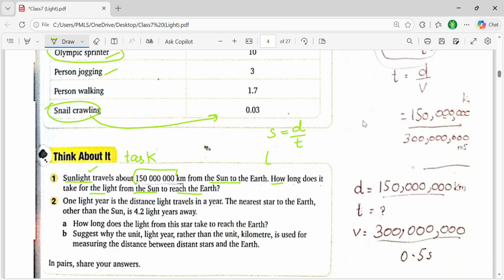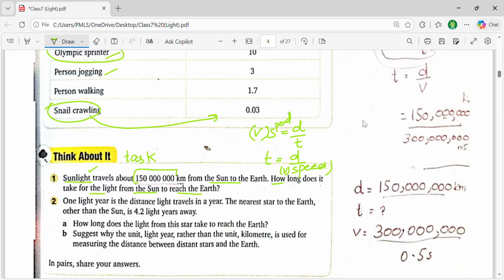If they ask you for the time, you can alter the formula, and distance can be divided by the speed. For that you can use this abbreviation as well, and this is speed. In order to show the speed, we use the small v. When they use this formula, they can ask you to derive the speed, to find the time, or to find the distance.